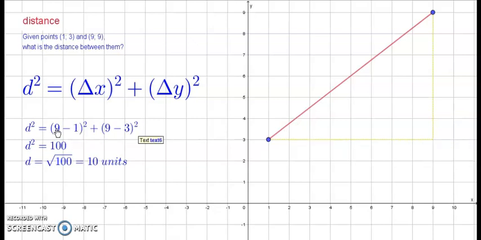And just note that even if you said 1 minus 9, it wouldn't matter because ultimately it's getting squared. So either way, it's going to end up being some positive number. And then we add the change in my y squared. So we started at 3 and we ended at 9. The difference there is 9 minus 3, and we square that. And again, even if you'd said 3 minus 9, which is minus 6, and you square that, it'd still be